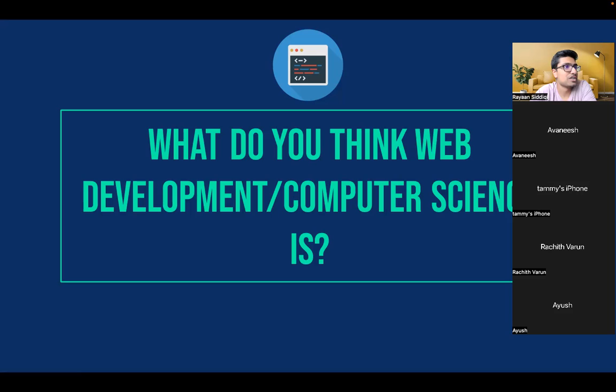Alrighty, so we got in the chat Shiva saying coding. Coding is a huge part, Shiva. Great, love that part. Coding, although it's huge, is just a part of computer science because computer science has so many different fields. You could be working on security or coding, where you are actually developing and creating apps and websites, which is something which we're going to be doing. So love that. Yep. Yusuf saying same. Yep. Coding is definitely a huge factor. You need code, whether it's a different language or whatever the language is, you need code to make stuff happen, right? Agree.